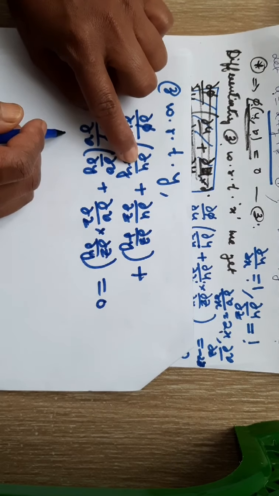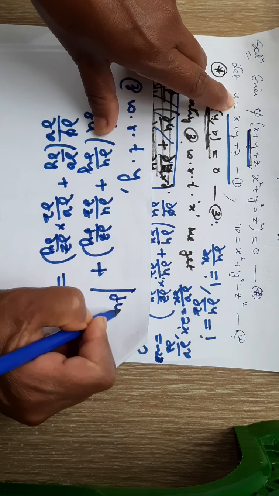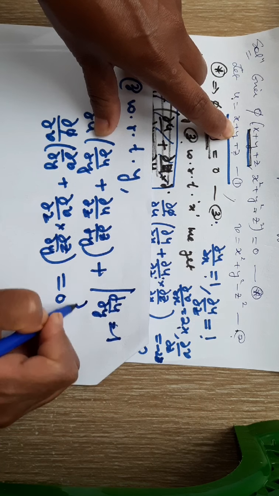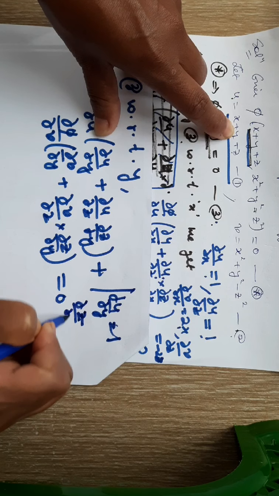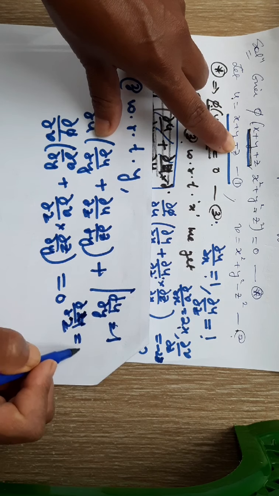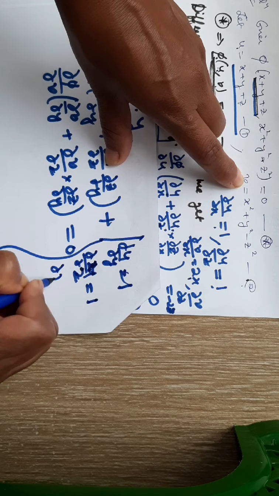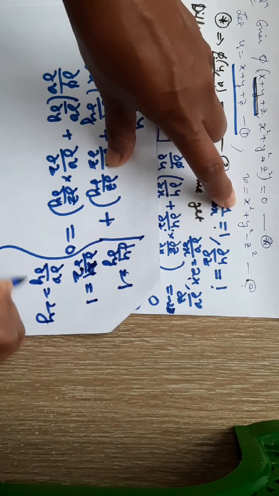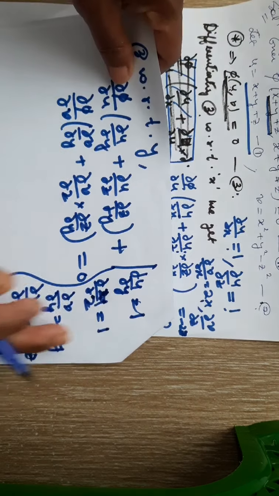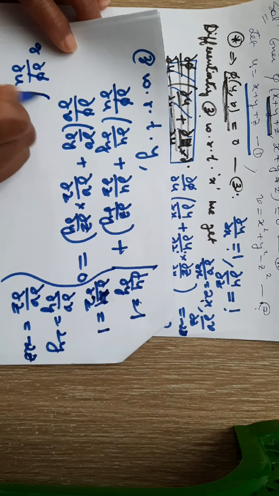But now let us see what is ∂u/∂y from equation 1. From equation 1, if we differentiate this equation with respect to y, you'll get ∂u/∂y as 1, and ∂u/∂z will be equal to 1. And then from equation 2, what is ∂v/∂y? It is 2y, and ∂v/∂z is equal to minus 2z. So substitute these 4 values in this equation, then you'll get